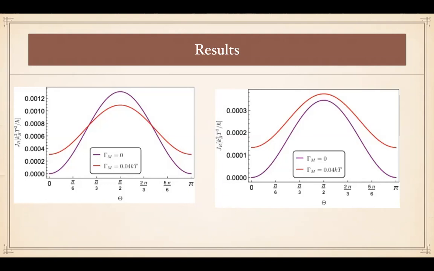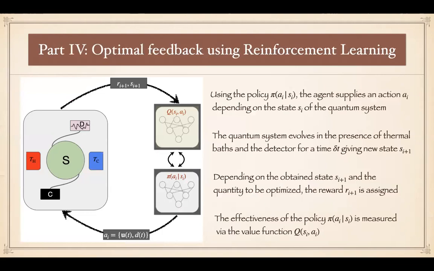So the main message from this part is that if you have a coupled qubit system and two reservoirs, you can extract heat from the cold reservoir without doing feedback, without doing any unitary rotation, just from the local measurement of the global basis, right? But if you also do some kind of rotation, then you can extract even more heat from the cold bath. Let's go to part 4.